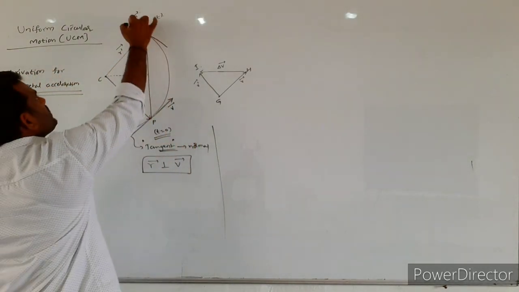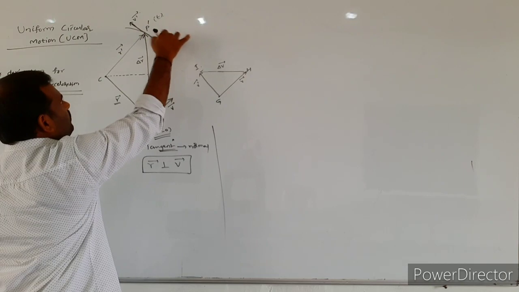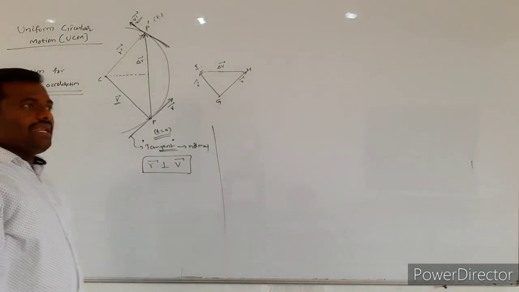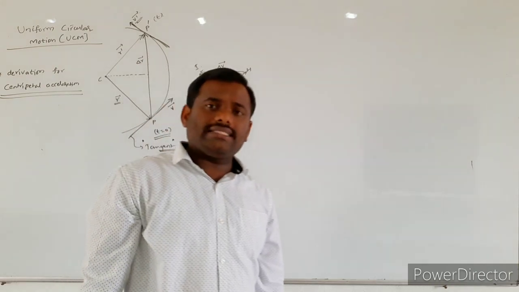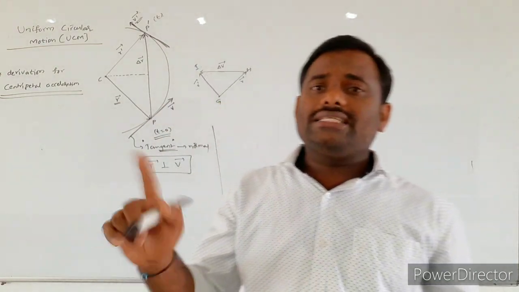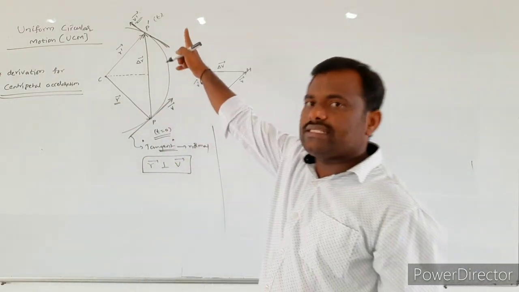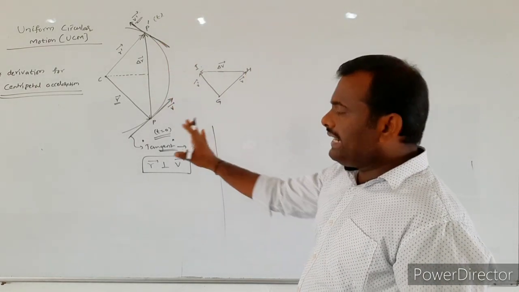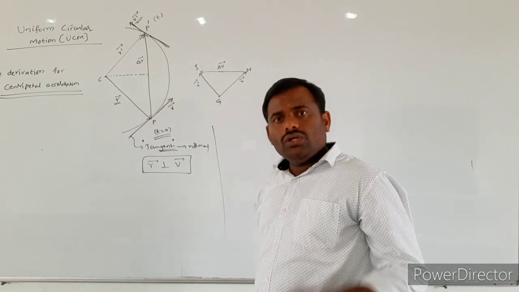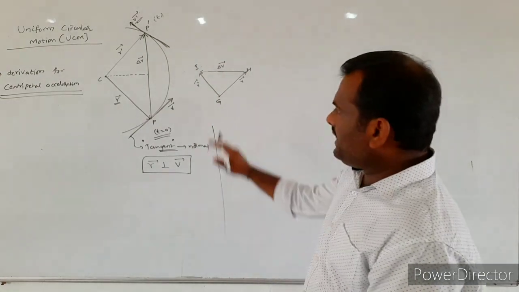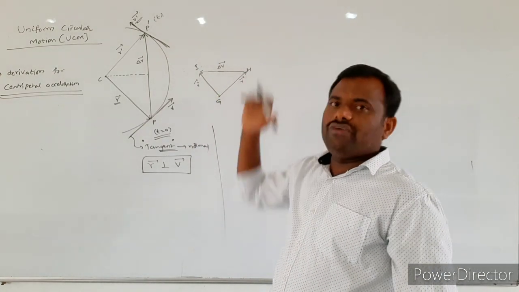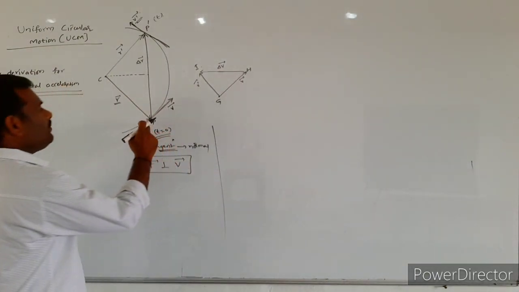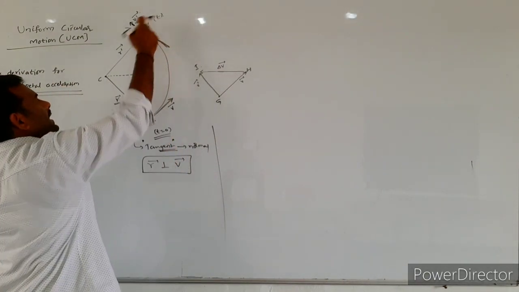So here also if you draw the tangent, that tangent will be giving what? Velocity of the particle. Velocity means both the magnitude as well as direction at that respective point. Okay, at the point P dash, you draw two velocity vectors. One is V bar, another one is V dash bar.